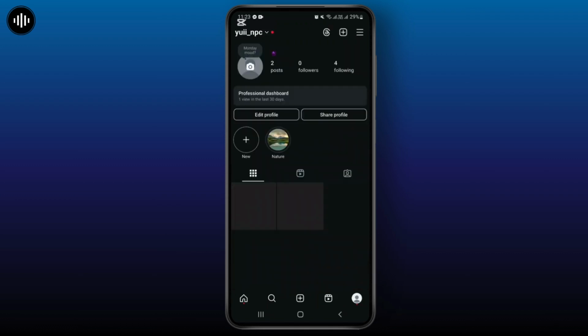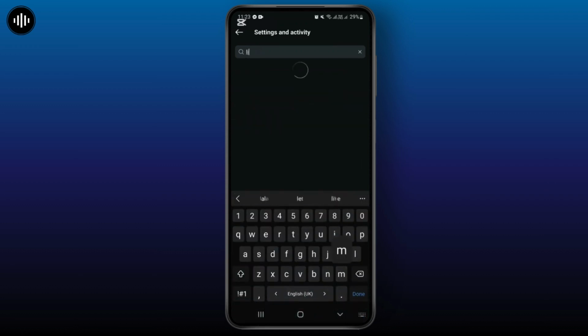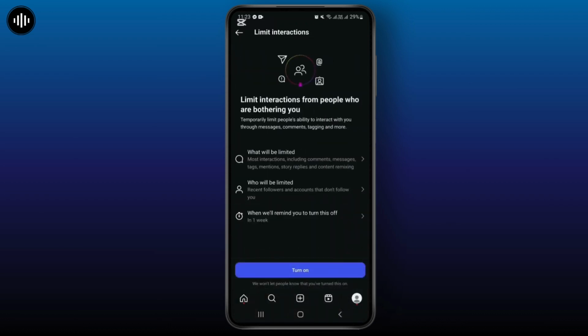your screen. Okay, so from here, you'll have to go with the three lines just at the top right corner of this screen. So simply tap on it, and simply from here, in the search field, you'll have to type limit interactions. Okay, limit interactions. Okay, so after you open the limit interactions settings from here, you can set the several settings